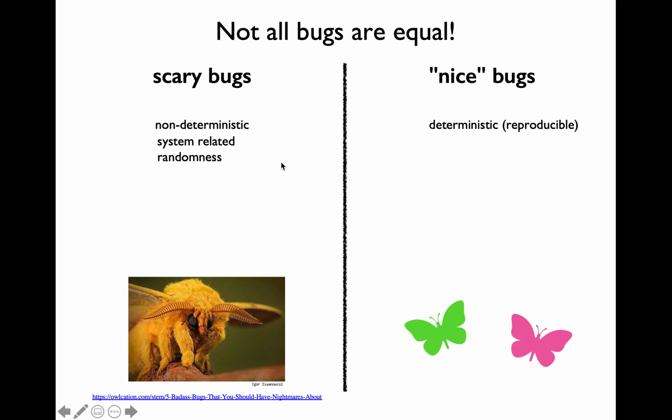We just went through one example where I used randomization to show you a non-deterministic bug. Another example would be system-related bugs. For example, you wrote a project which was supposed to deal with file processing and directory processing, right? Suppose you wrote a bunch of code on Windows platform. We take your code and run it on the Linux platform, and somehow your code fails. So that particular bug is non-deterministic with respect to the system on which you run the code. It's reproducible only on Linux, whereas it's not reproducible on Windows.